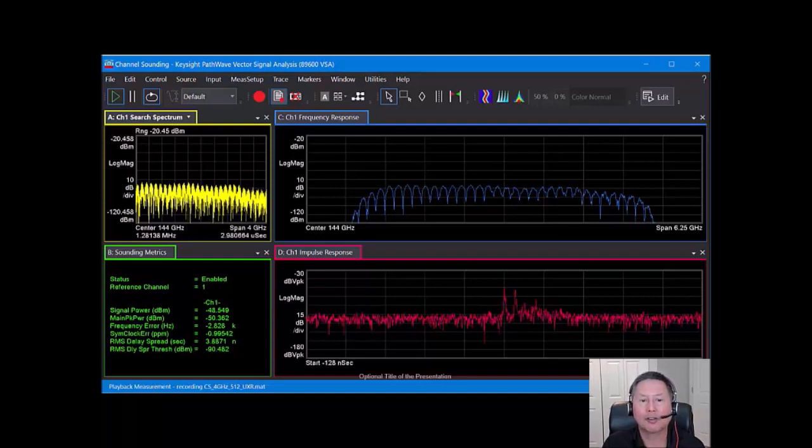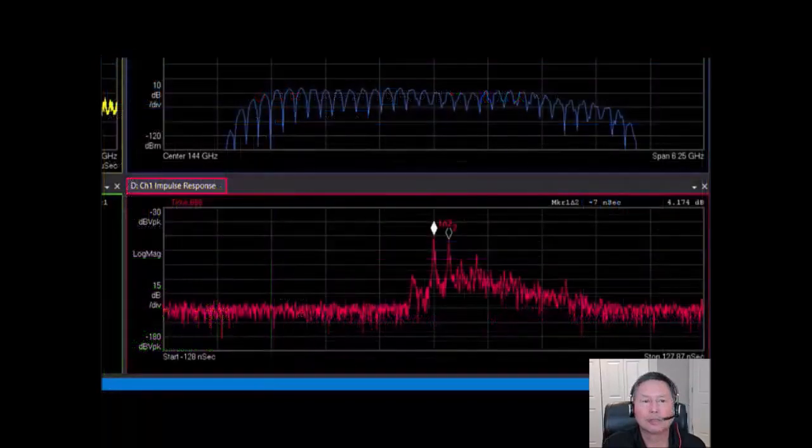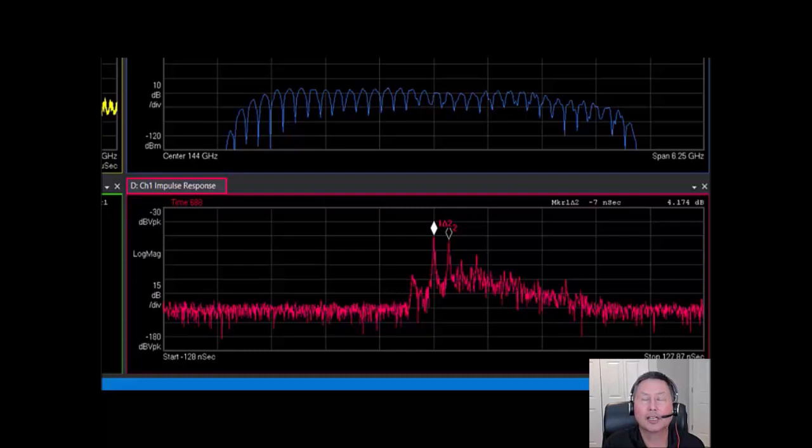Electromagnetic waves travel at approximately 300 million meters per second in air. Inverting this value gives us a value of 3.33 nanoseconds per meter traveled. Since the path difference between the two reflectors is 2 meters, we should see an approximate 6.7 nanosecond delay between the two paths. Let's make a rough measurement using delta markers. First, place a marker on the peak. Then choose 0 delta and add a second marker at the same location. Now move the marker to the second peak. We can see that the time difference is about 7 nanoseconds, which is close to the value we would expect from physics. The other smaller peaks are probably reflections off the instruments and walls of the room.